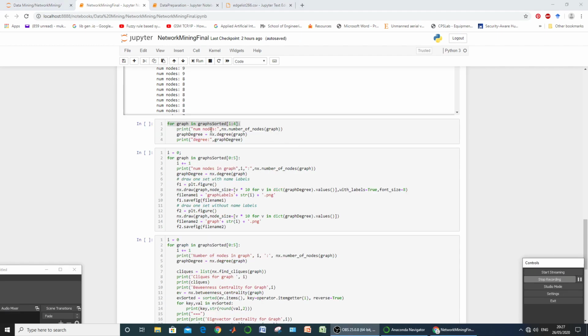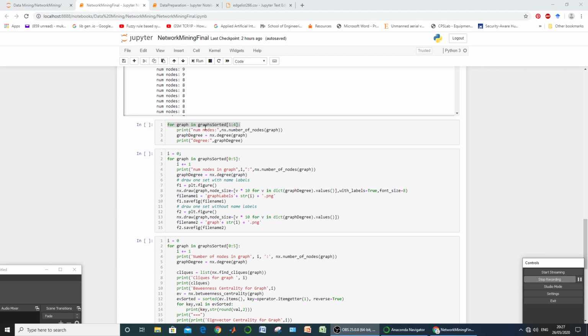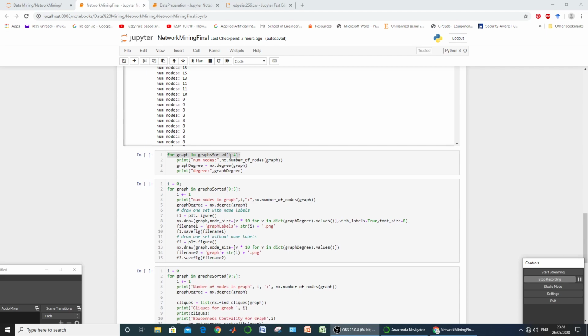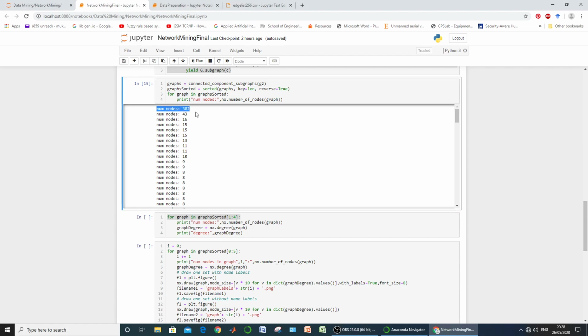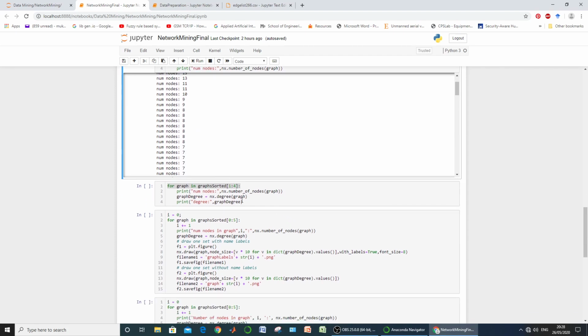The graphs start from index zero, so we left out zero. Why? Because the zeroth, or first, graph contained 382 nodes. That was a bit cumbersome to visualize, so we went for the second one, third one, and fourth one.